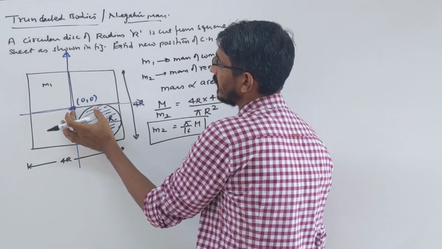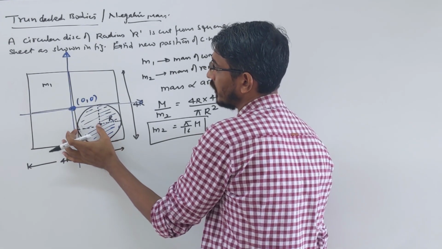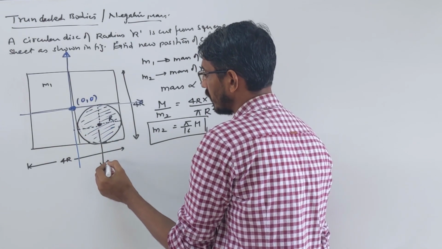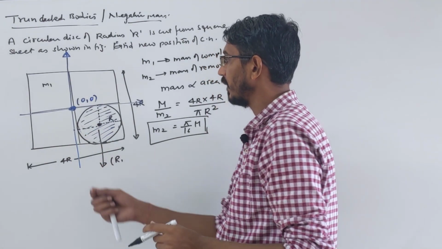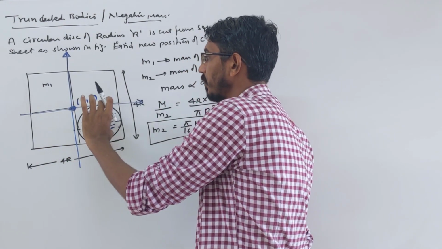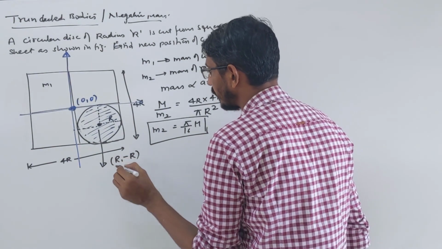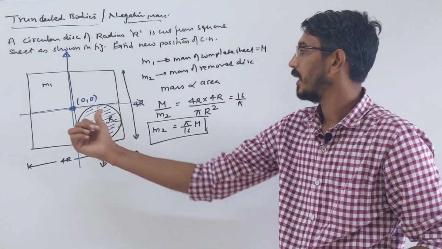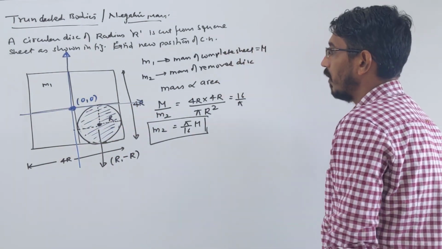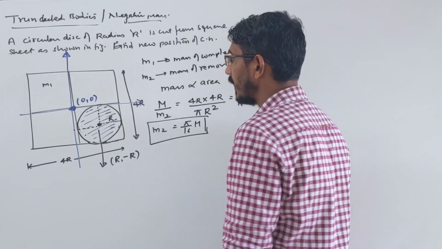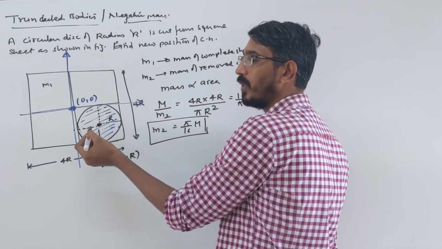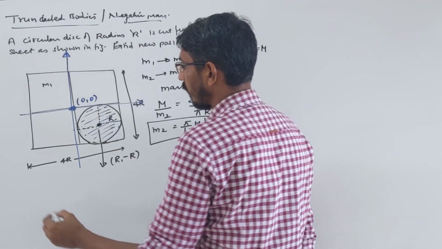The x coordinate, that distance is simply the radius of this disc only, right? So the x coordinate of this mass is positive R, and the y coordinate is negative, downward, and again that distance is the radius of this disc only, so minus R. X is positive on that side, and y is negative, minus R. This is the coordinate of that body. Because this point is in two dimensions, in a plane, you have to calculate both x and y coordinates. So let's calculate the x coordinate first.